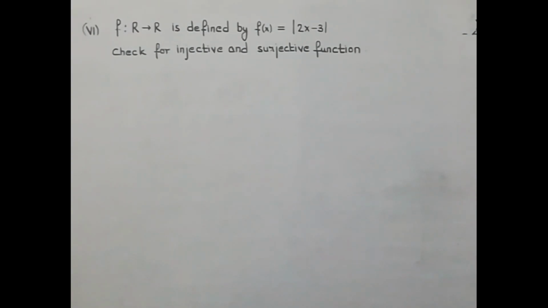The 6 given, it's a mod function, and we have to check whether it is injective or surjective or bijective. Okay, now see, checking for injective means we have to check for 1 1. Now when we know that a function is not going to be injective or surjective, you can show it with the help of a particular example. Now you see, for injective it should be a 1 1 function, that for every real value of the domain, we should get a different real value in the codomain.